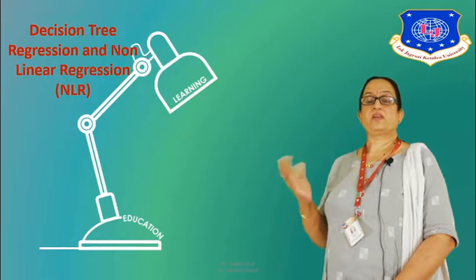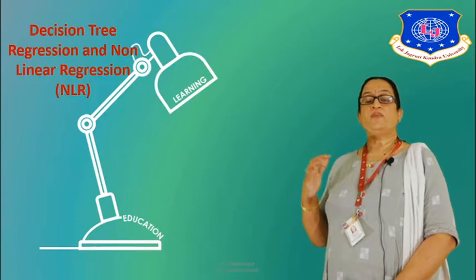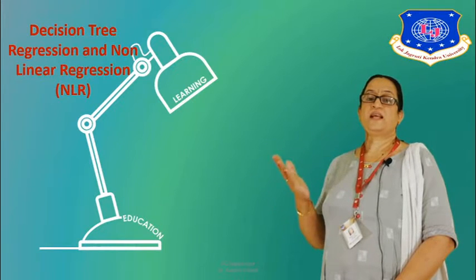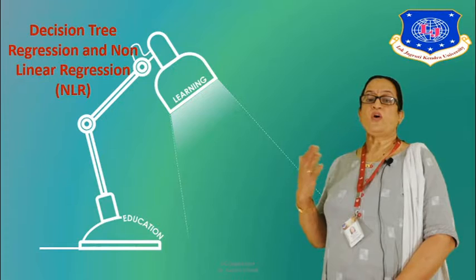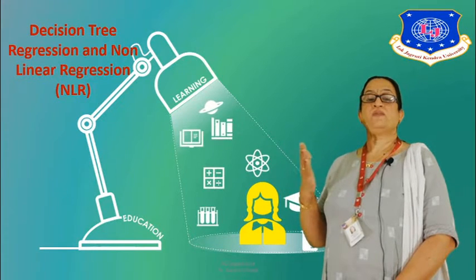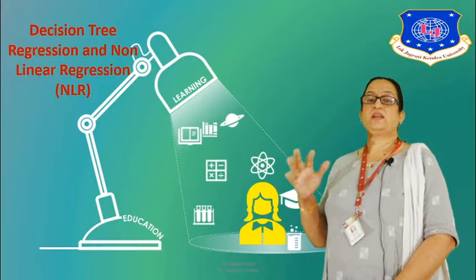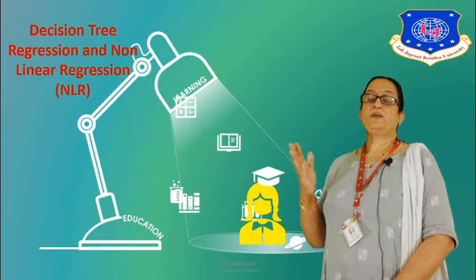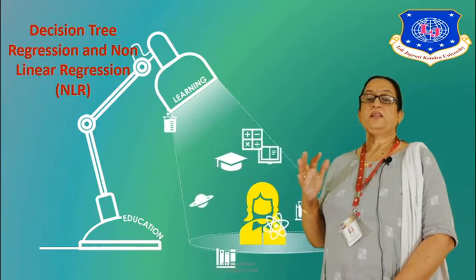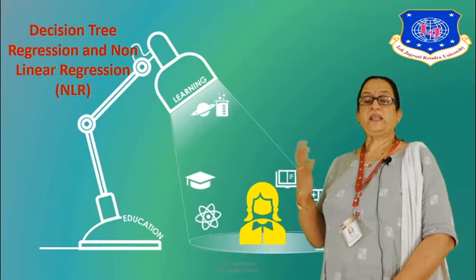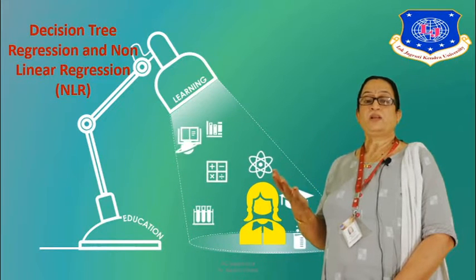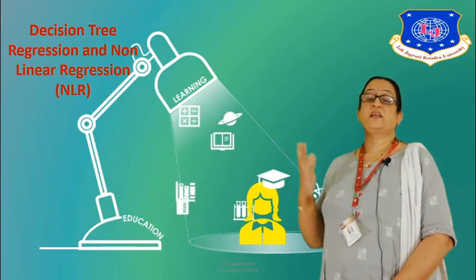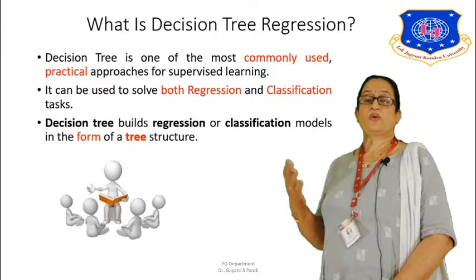Now, decision tree regression is a form of a regression tree which could be used for both classification as well as regression. It is basically a form of non-linear. It could be used even for linear. In short, whenever there are non-linear expressions, non-linear data sets, the decision tree is used. Non-linear data sets could be of many forms. It could be polynomial, it could be cubic, it could be log, it could be any other form which is basically not linear. Right? So let us see more about decision tree.